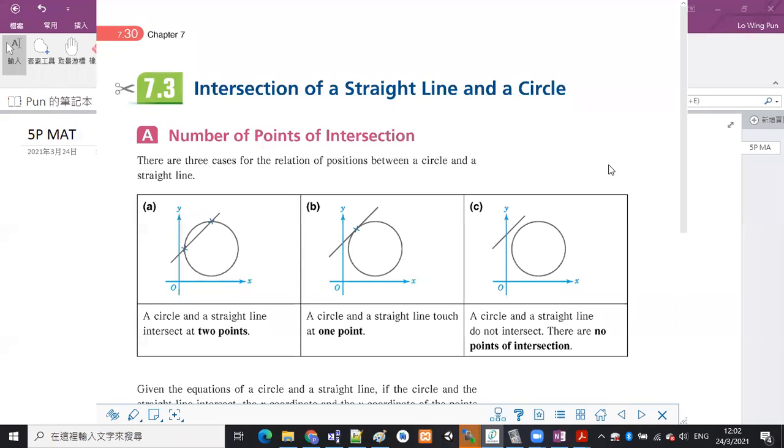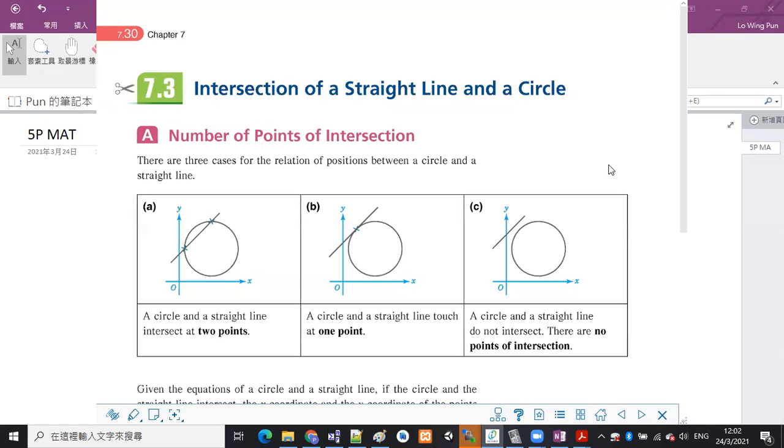But actually, the concept is just one simple concept. If you want to find the intersection point of one thing and the other, no matter if there are two straight lines, or one straight line and one circle, or one straight line and one parabola, whenever the question is talking about the intersection point,